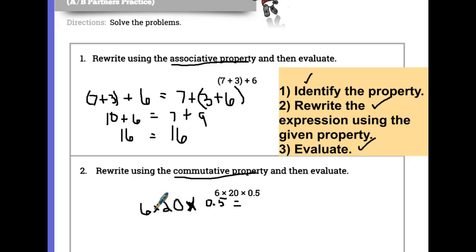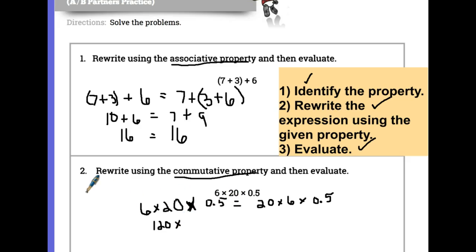So here I have 6 times 20 times 5/10. So I'm going to switch the 6 and the 20. 20 times 6 times 5/10. Okay, well, 6 times 20, that's 120. 120 times